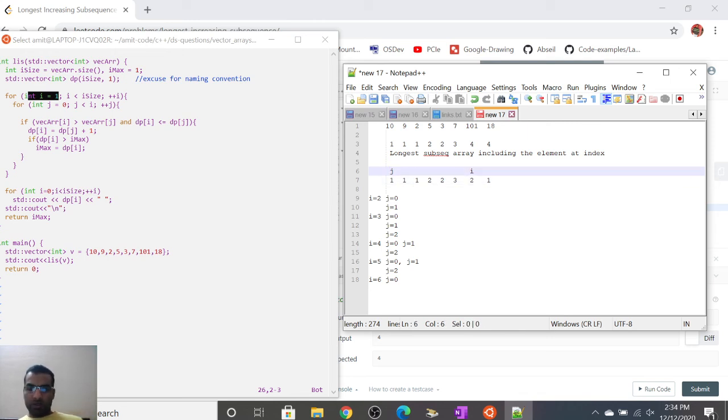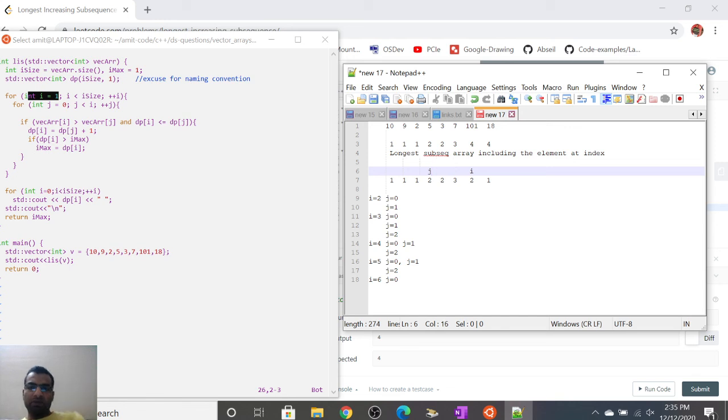j comes on the second element. Again 9 is smaller than 101, but the dp array is this one, that is dp i is not smaller than the element at j. So this means what? This means that we already have an increasing subsequence of length 2 till 101, so there is no need to take an increasing subsequence of length 2 again, right? We already have it, so there is no need. So we can ignore this.